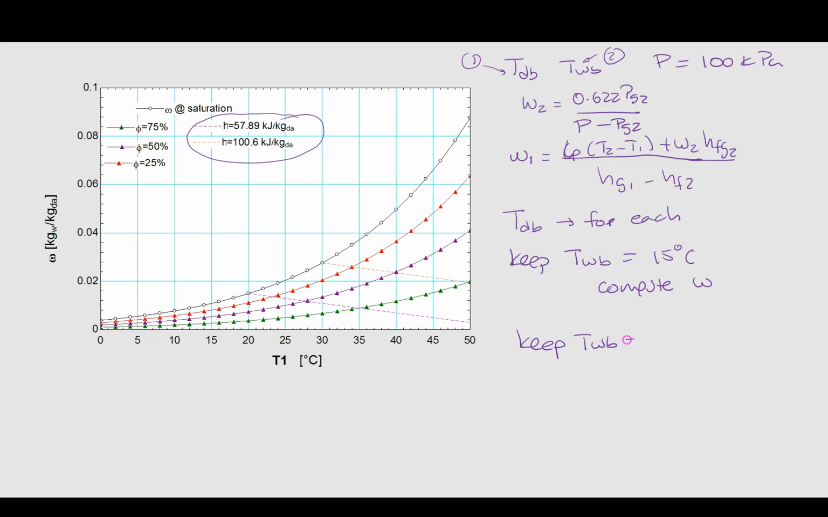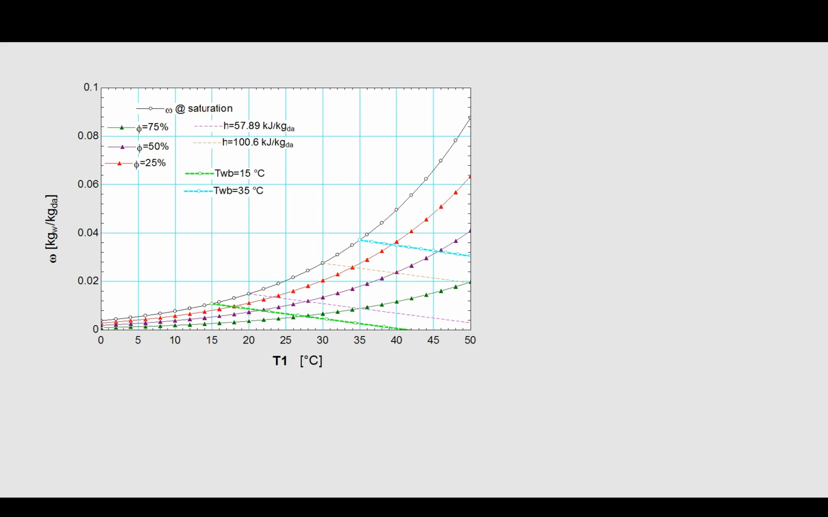Keep 35 degrees and compute omega when we change TDB. If we do this, for instance, for this first value, we're going to find out that omega is 0.009, 50 degrees and 20. If we repeat it several times, we're now going to have these lines. Okay,